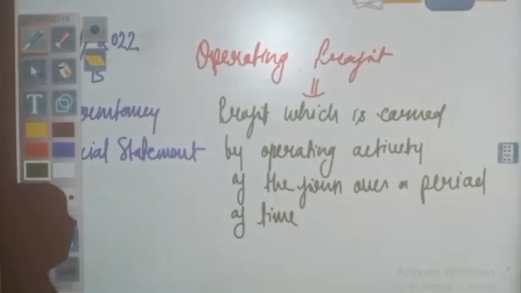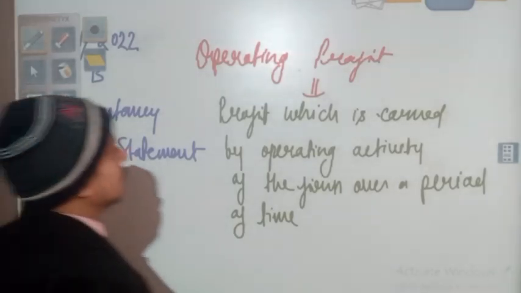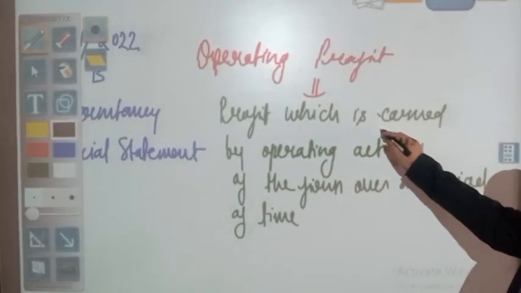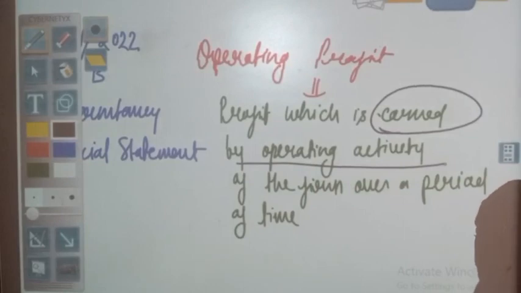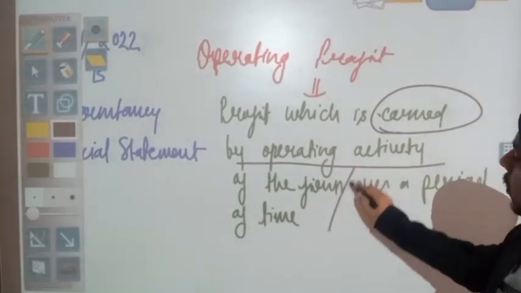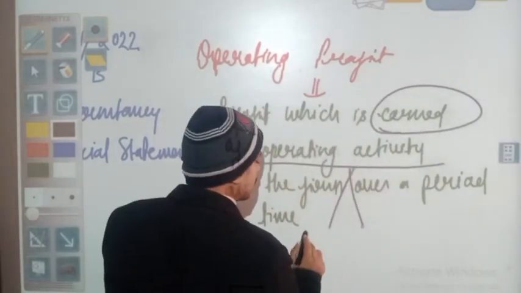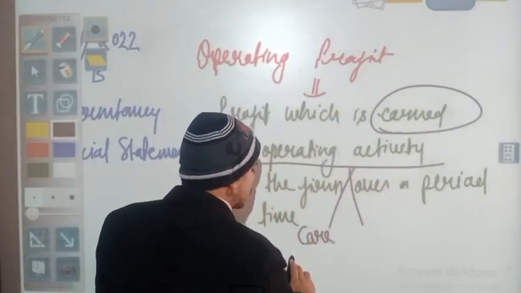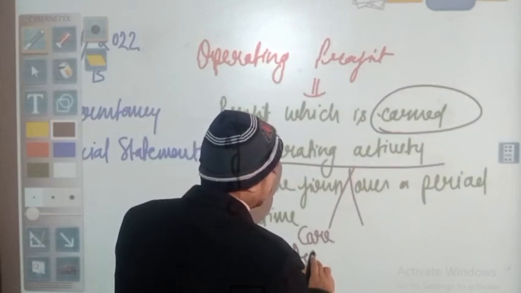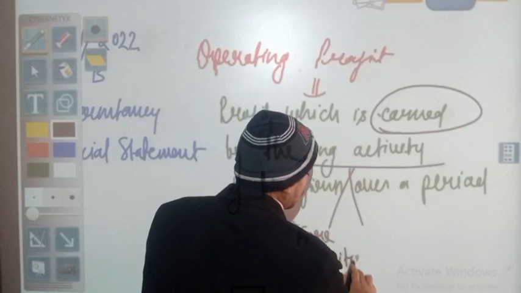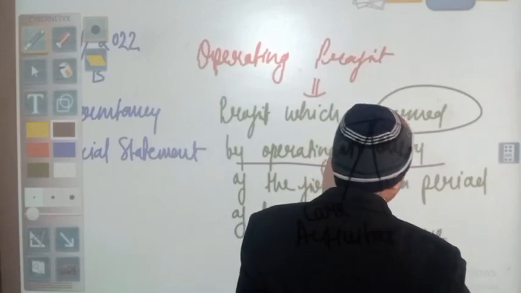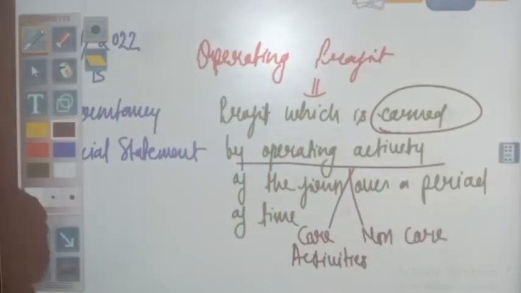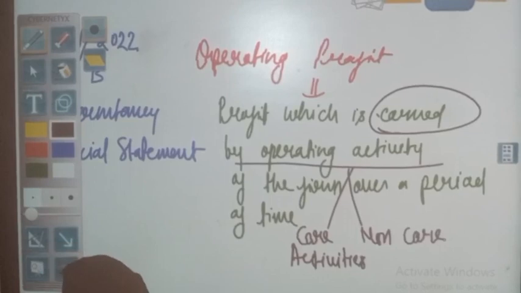जब हम बात करते हैं ऑपरेटिंग प्रॉफिट की तो हम उस प्रॉफिट की बात कर रहे होते हैं जिस प्रॉफिट को हमने अर्न किया है थ्रू द ऑपरेटिंग एक्टिविटीज, बिजनेस के ऑपरेशन में, चाहे वो एक्टिविटी कोर हो या नॉन कोर हो, हम दोनों ही एक्टिविटीज को कंसीडर करते हैं। कोर का मतलब जो रेगुलर ट्रेडिंग एक्टिविटीज हैं और नॉन कोर का मतलब बिजनेस से रिलेटेड तो हैं लेकिन उनका प्रोडक्शन पे सीधा इम्पैक्ट नहीं पड़ता है। ये दोनों ही चीज़ें अगर किसी एक्टिविटी से रिलेटेड हैं और उस एक्टिविटी से हम अपने ऑर्गेनाइजेशन का प्रॉफिट अर्न कर रहे हैं,